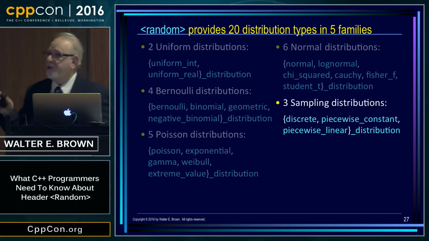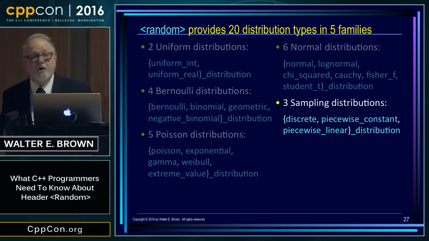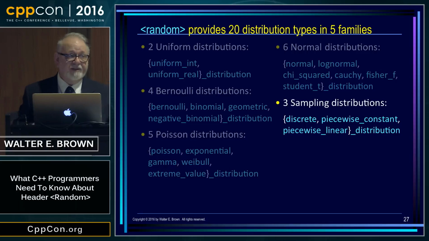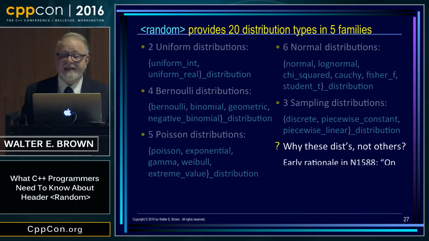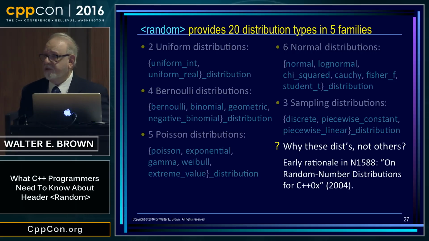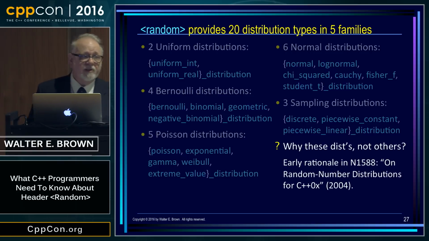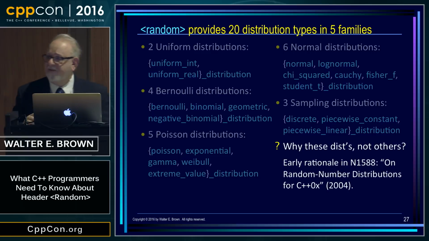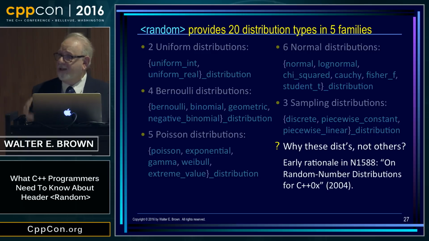Again, this is not a tutorial in what the differences are among them. This is something you need to know for your application. If you don't, go find a statistician. Okay? It's a fair question to ask why these and not others. And by others, I mean there are hundreds of others, maybe thousands. I haven't done a count. So we wrote a paper. I think the author was actually one of my then colleagues, but I contributed heavily to it way back in 2004. Things have changed a little bit since then. This was long before C++11, but the fundamental rationale is in that paper. If you're interested, please do feel free to have a look at that.